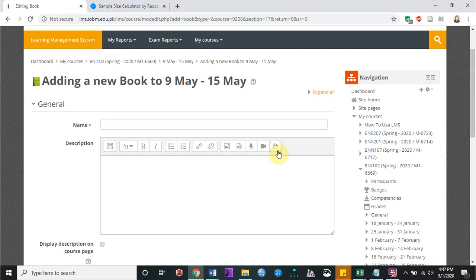For adding a particular PDF here, you have to click on this option.